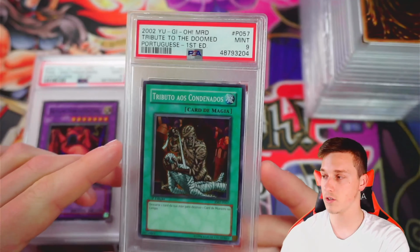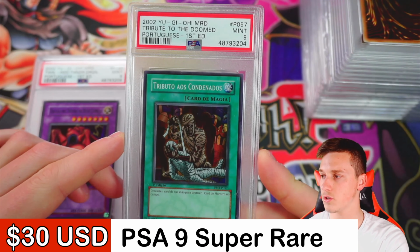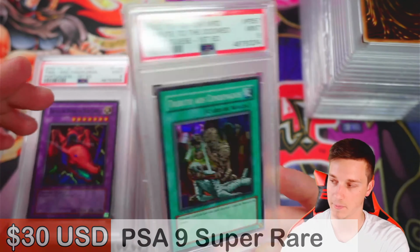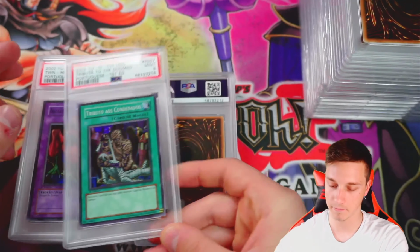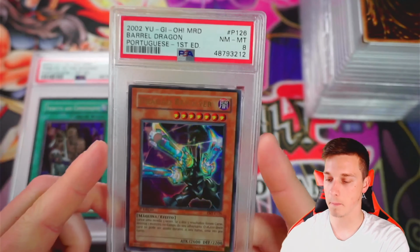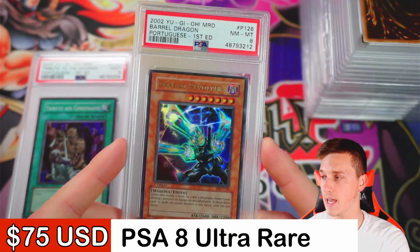Then we have Tributed to the Doomed, or Tribute to the Doomed. Again, just a nice Metal Raiders card, super rare, not very expensive at all. Just a nice card to have. Next up is Barrel Dragon. This is a PSA 8. I think this is